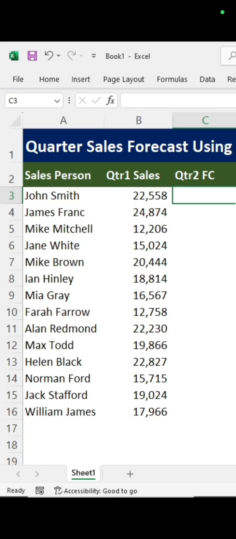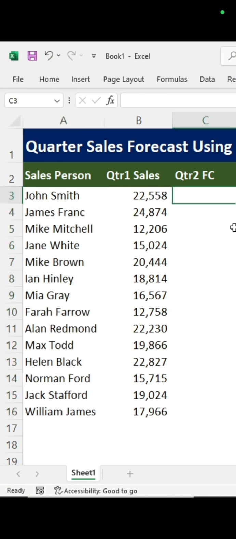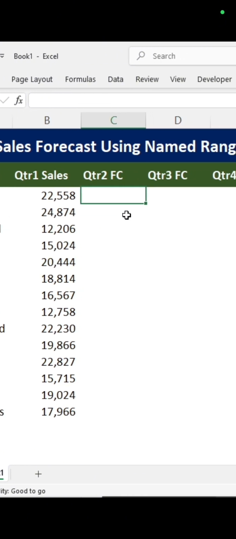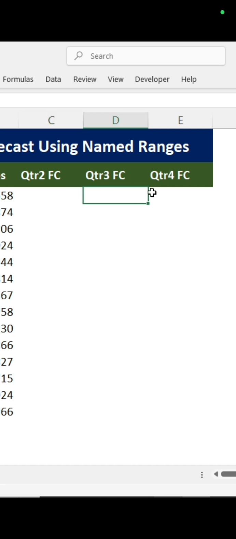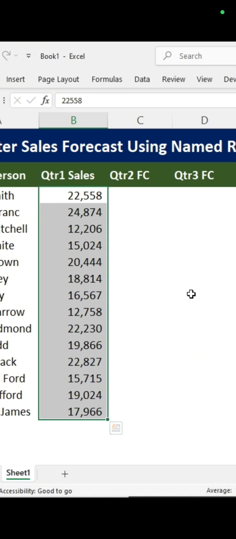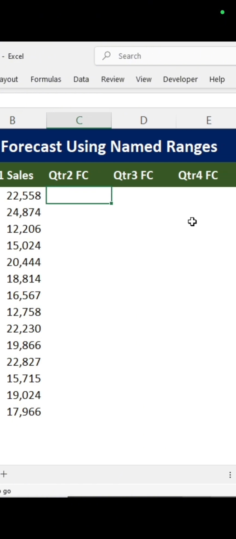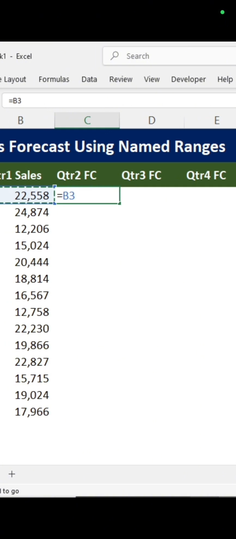Hey everyone, today I'd like to show you this exercise about forecasting the sales. The management has instructed these salespeople to submit their forecast for the last 3 quarters of the year. The forecast will be based from this quarter one actual sales, this column. The salesperson can actually calculate it manually, like getting this actual sales, then multiply by 1.1